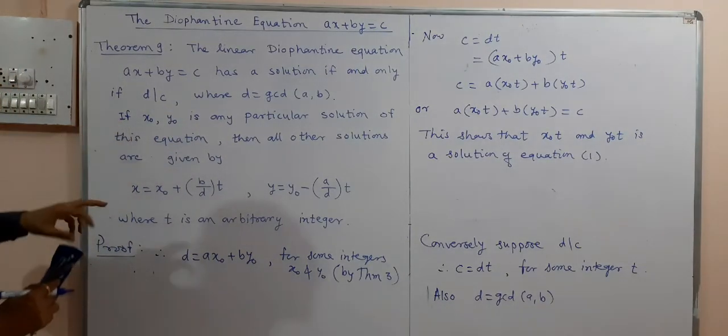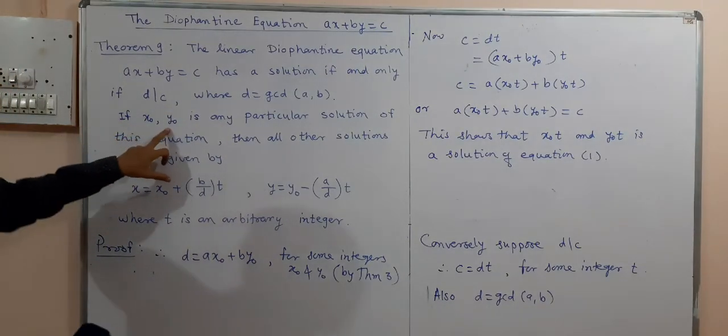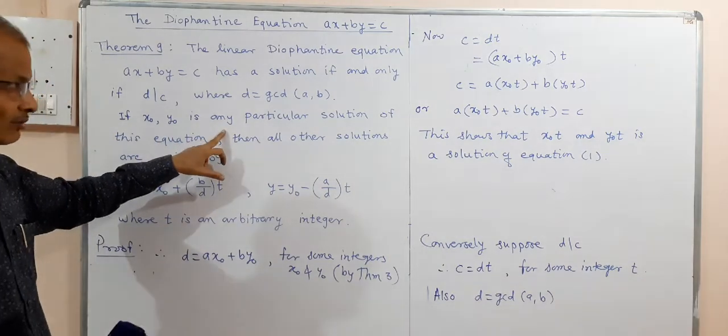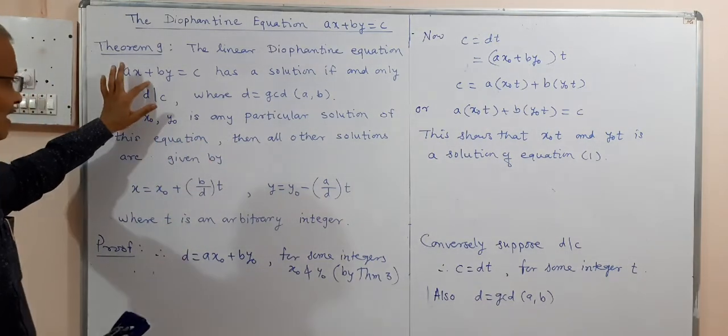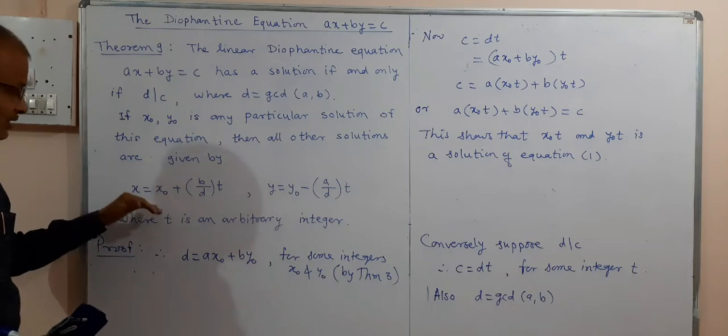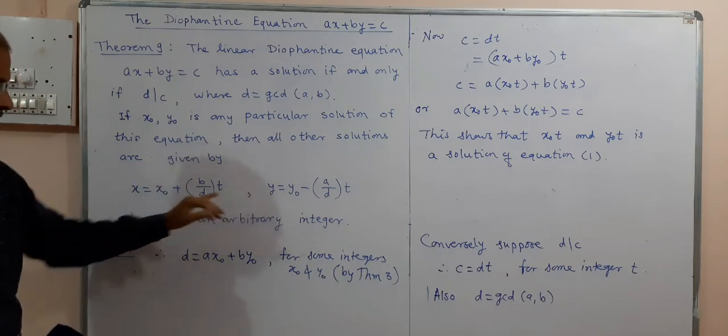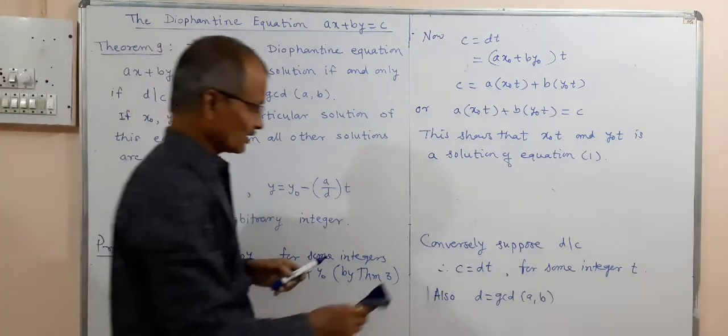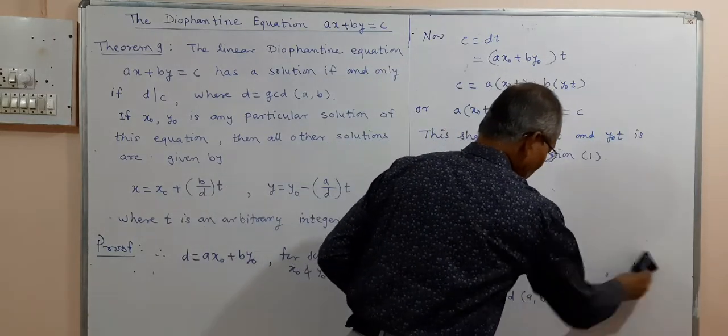And the second part now is, if x naught, y naught is one solution, any particular solution of this equation, then all other solutions are given in terms of this x naught, y naught, like this. So that is the second part. Now to prove the second part,